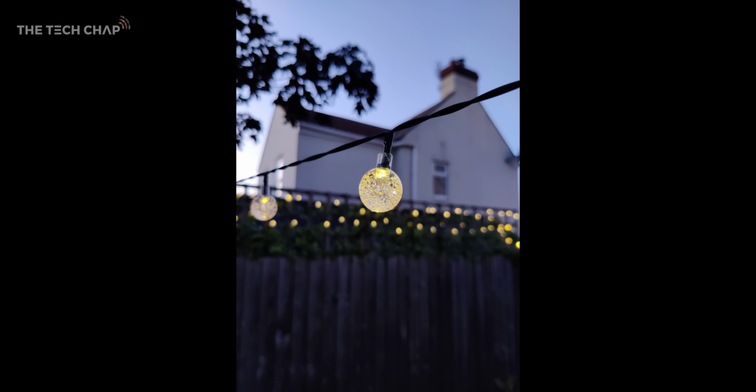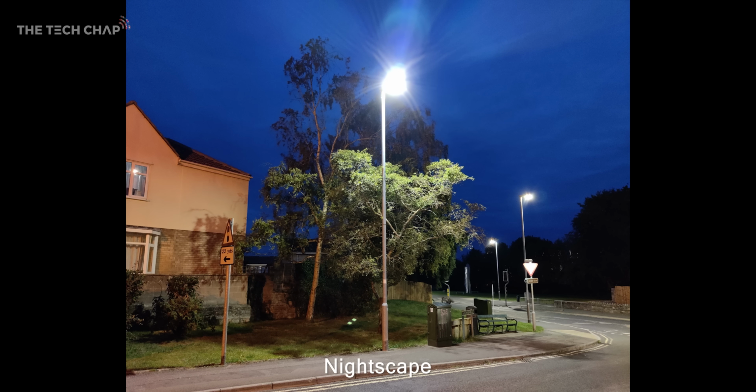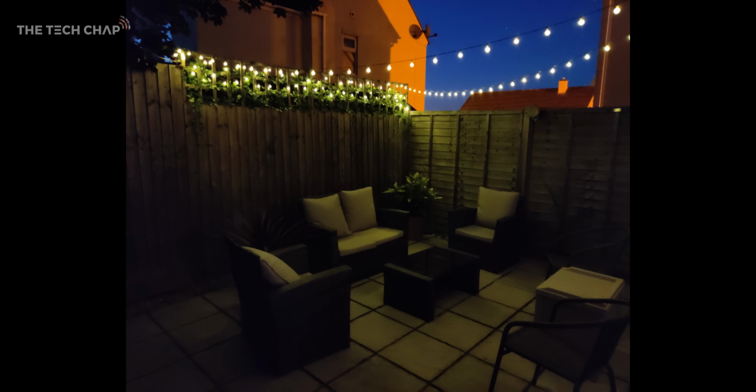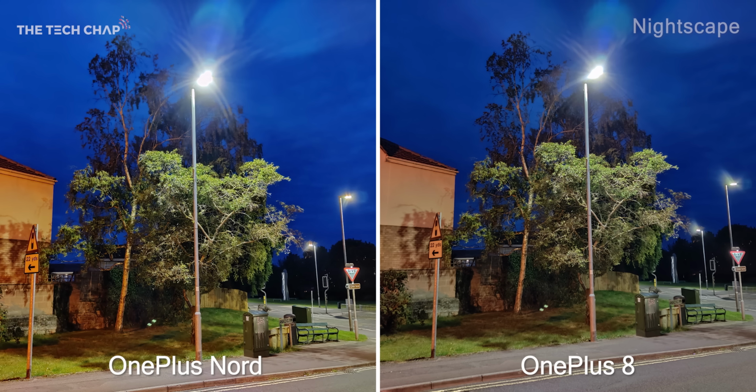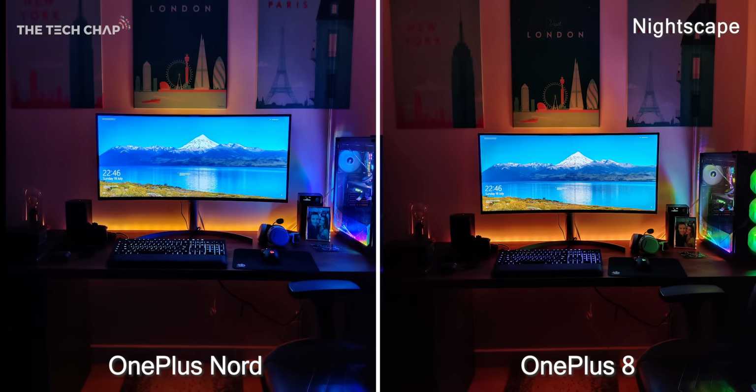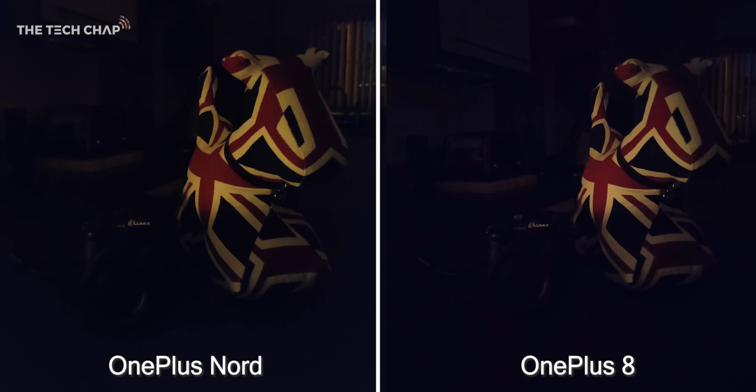The main camera fares better in low light. It doesn't match the likes of the iPhone, Huawei P40 Pro or Pixel, but it's okay. And also Nightscape mode is a bit hit or miss. I still feel I get slightly better shots out of the OnePlus 8 as a whole though. It shares similar camera hardware, but the processing, perhaps due to the weaker ISP in the processor, does lower the